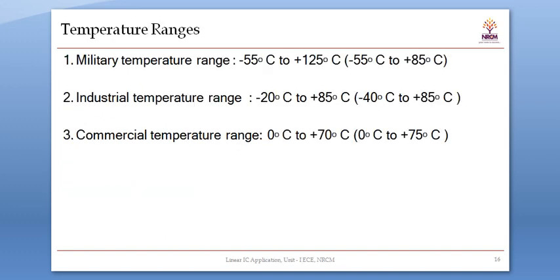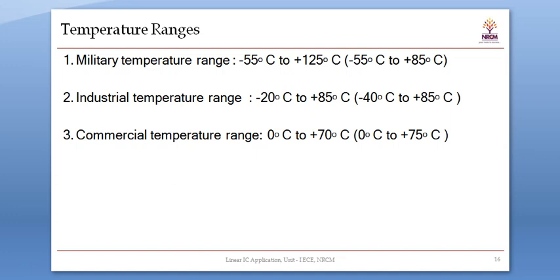And if you go for the temperature ranges, we are aware of the temperature ranges. The military temperature range is from minus 55 degree centigrade to 125 degree centigrade, and the industrial temperature range is minus 20 degree centigrade to 85 degree centigrade, and the commercial temperature range is 0 degree centigrade to 70 degree centigrade. So these are the temperature ranges for commercial ICs, industrial ICs, and military ICs. So these are a few of the basics of your